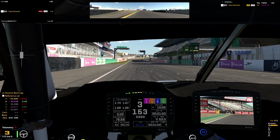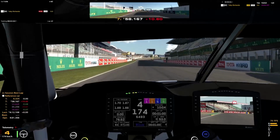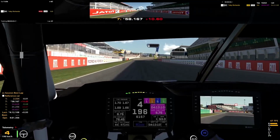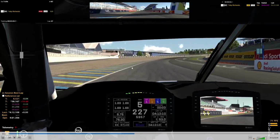Right, I'm going to do my best to talk you around a lap. I'm going to pause the video and I'll draw bits and pieces on the screen to try and illustrate the point. So this is just going across the start-finish line. You've just done it for 12.1 seconds. Keeping it over on this side of the track,